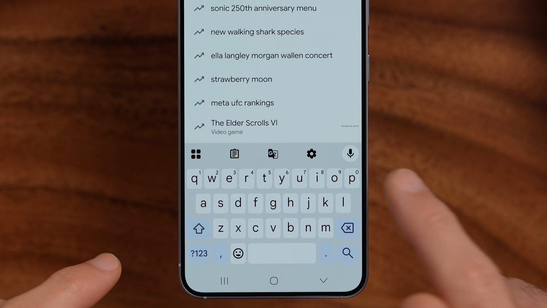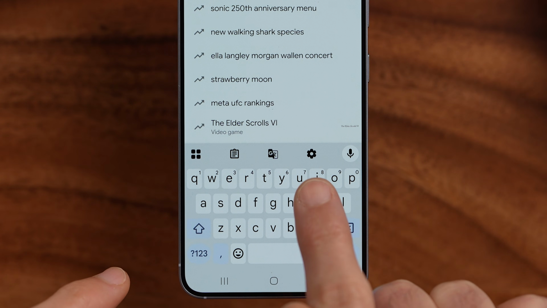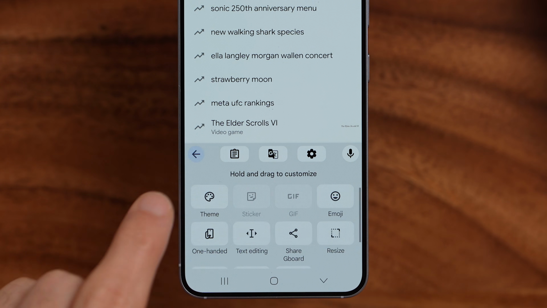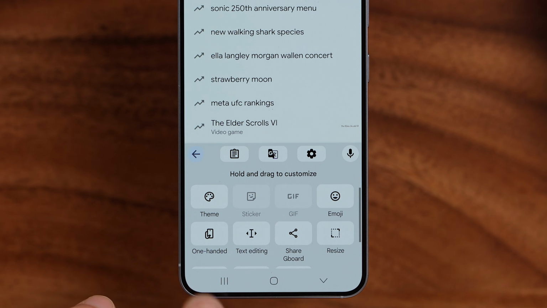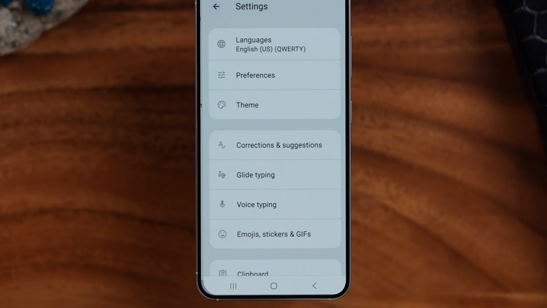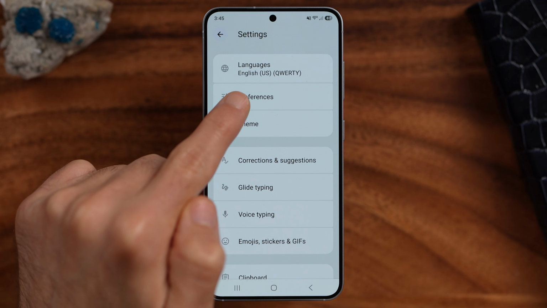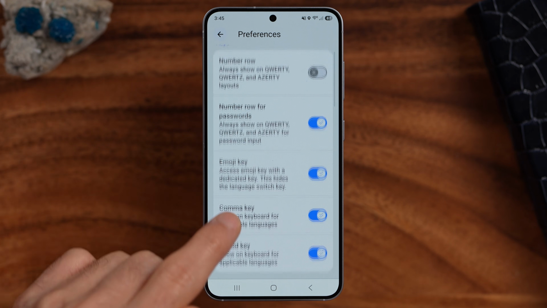To get rid of it, we need to get into the settings of your Gboard. So you're looking for that gear icon right there. If you don't see it, just tap on the 4 squares at the top left and then find the gear icon. Now, after you're in the settings of your Google Gboard, tap on Preferences at the top, and then scroll down,